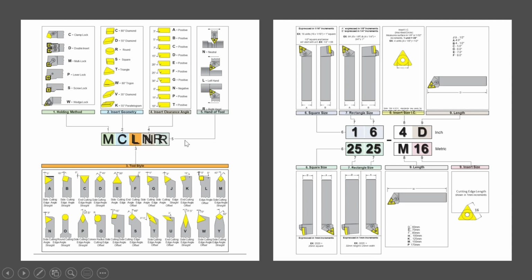The fifth character defines the hand of the tool. Then the sixth character is the square size, the size of the holder. Then the seventh character is the rectangular size.